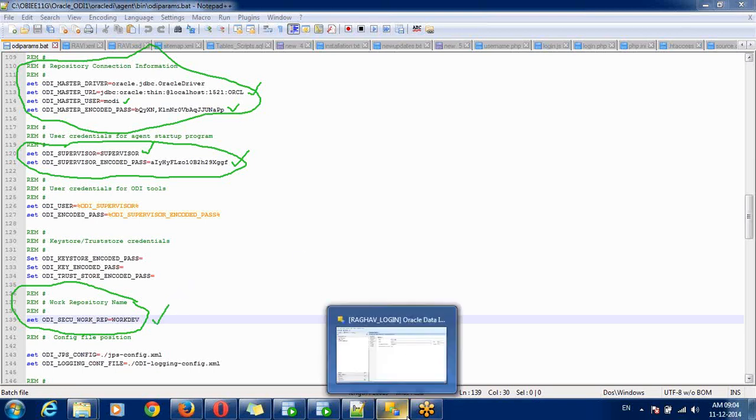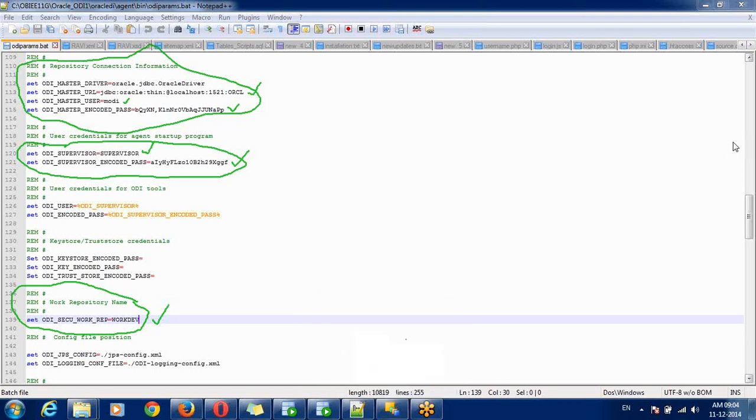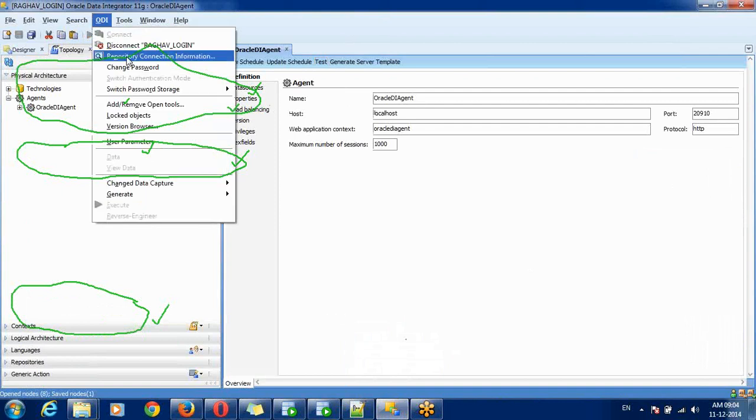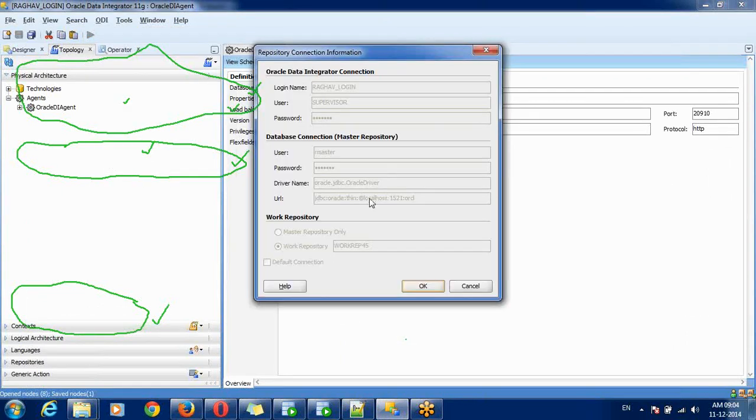If you go to ODI Studio repository connection information, you can find your database username, database password, URL, and work repository name. The work repository is WORKREP45, and the supervisor user password is welcome. But the password we need to provide is an encoded password.